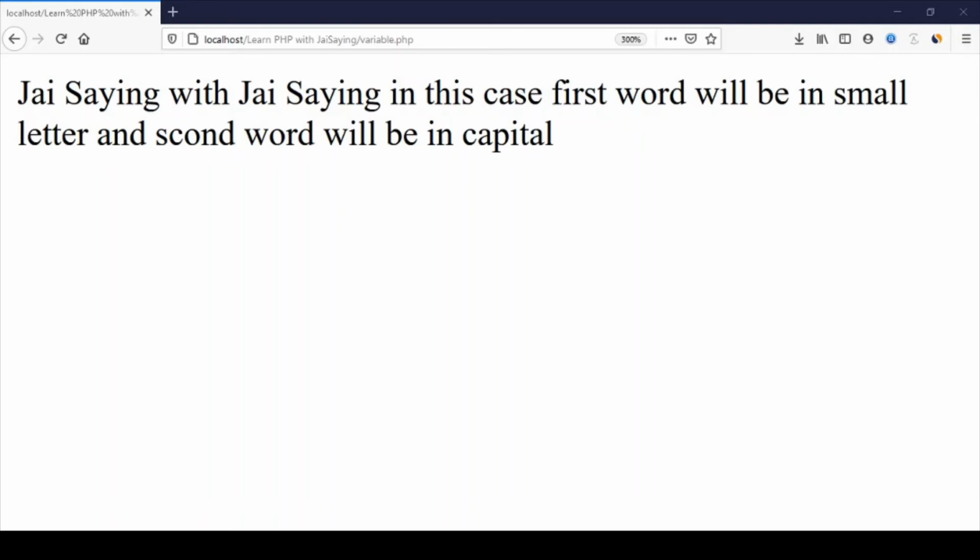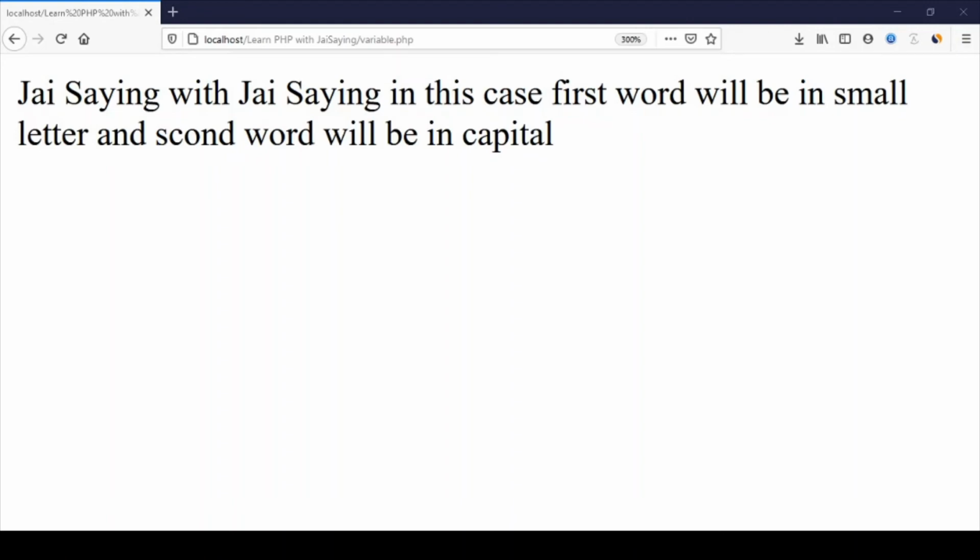Proper syntax of double quote, in this case with numeric and alphabetic character.